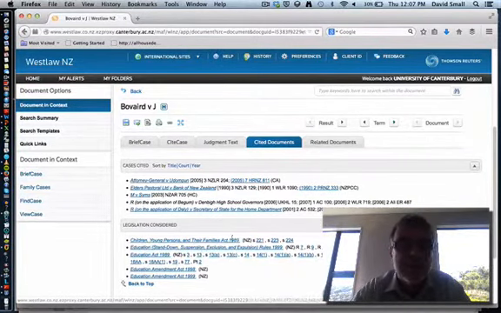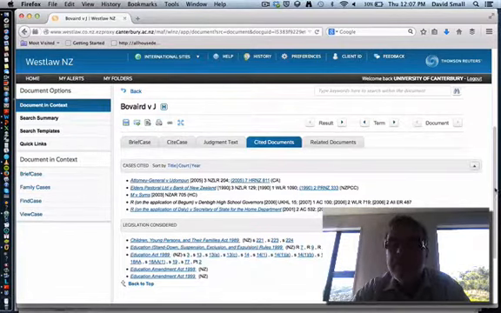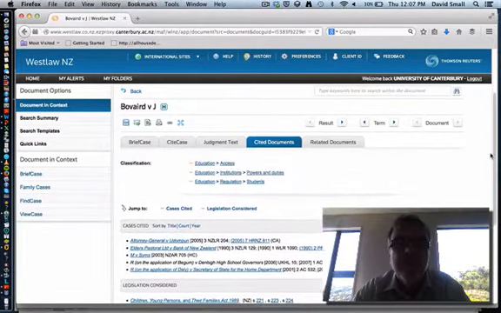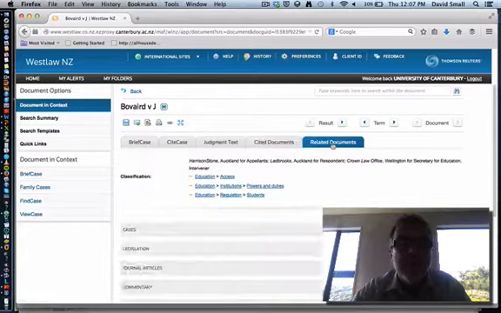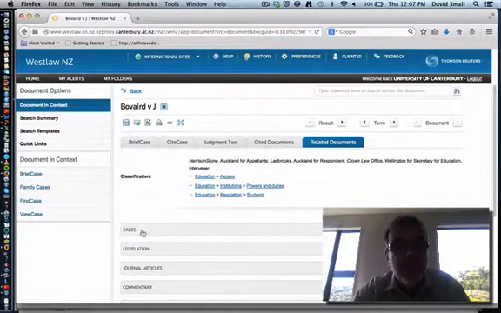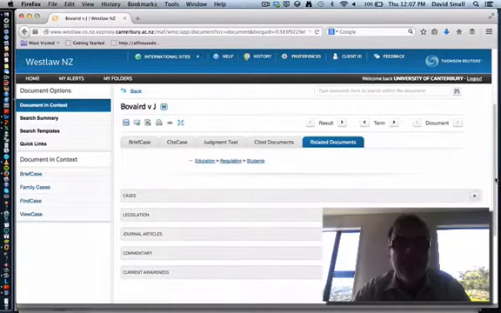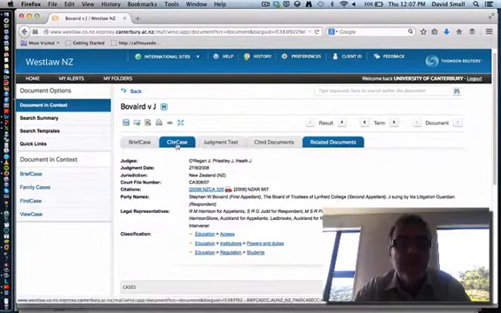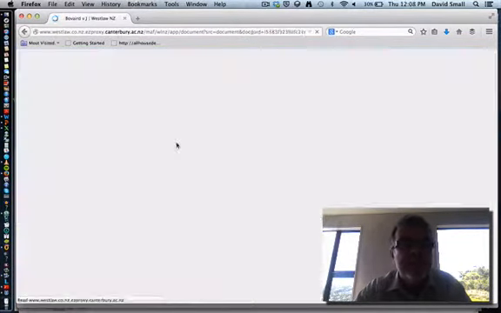And then it also has legislation that's considered as well. Related documents, sometimes in here you will also have journal articles, if there are any. There weren't any in this one, but there could be cases, legislation, journal articles, and commentary. So you can find a bit more with that too. And then in cite case over here,